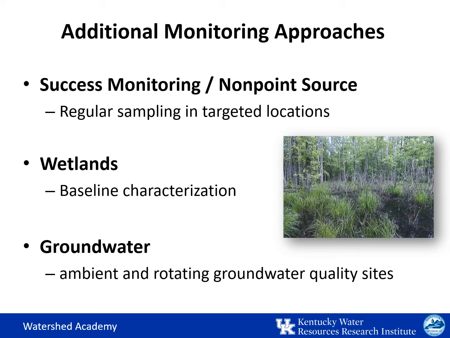Success monitoring is used to verify that the best management practices are enabling water quality improvements. Ideally, this type of targeted monitoring will demonstrate that management efforts have improved a water body's condition to levels that meet the attainment of its designated uses. This will allow for a 303D delisting, which is noted as a success by the US EPA. Non-point source monitoring techniques are typically used to show whether or not non-point source management approaches are decreasing runoff pollutant